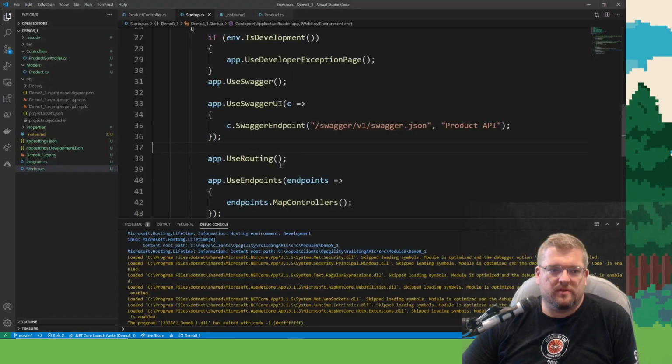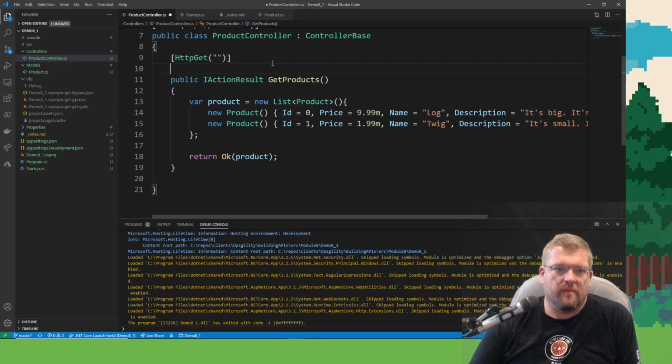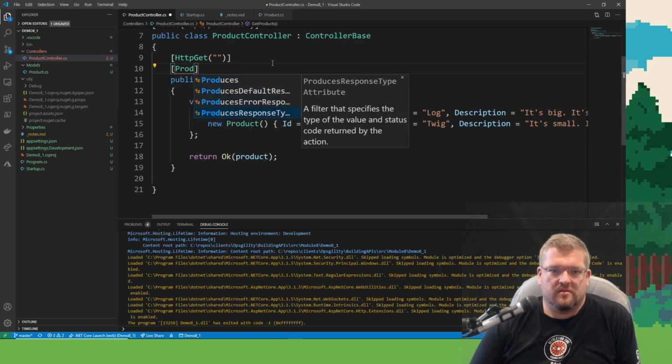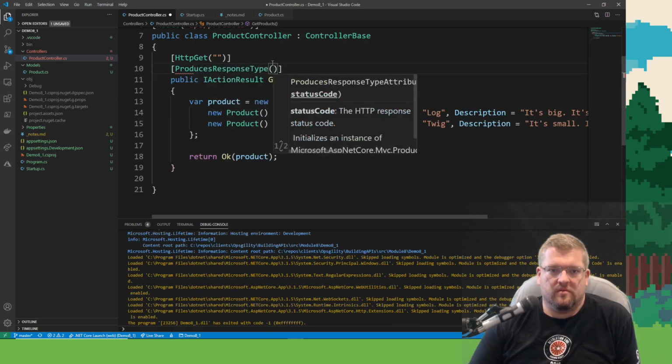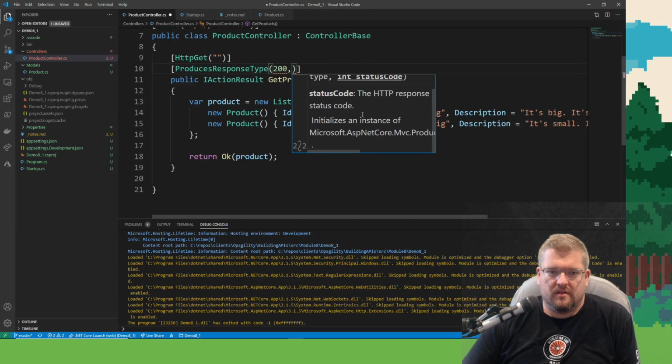All right, so let's build another demo or two here. So this produces response type. What's the type?